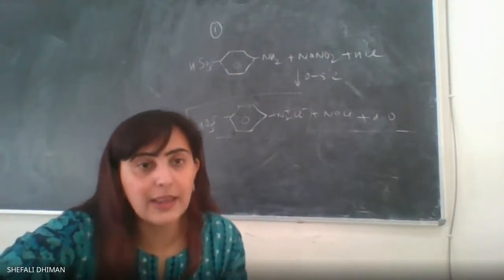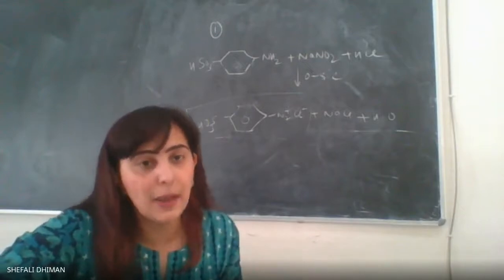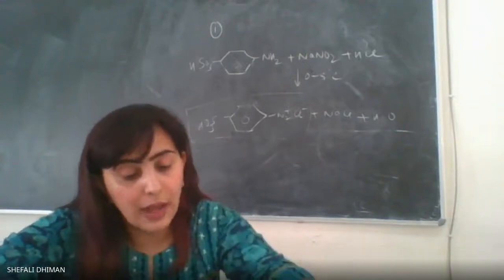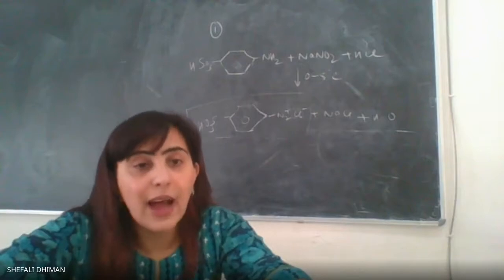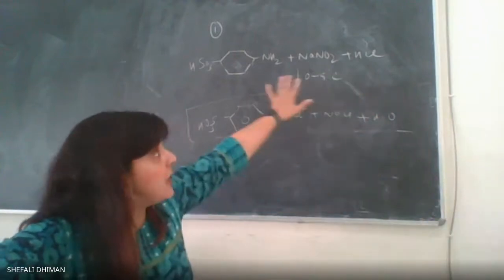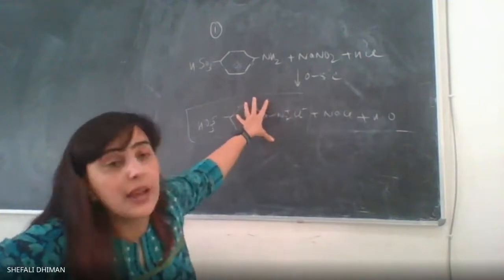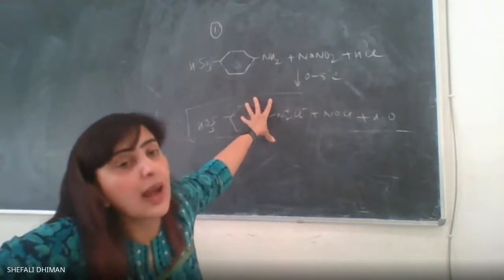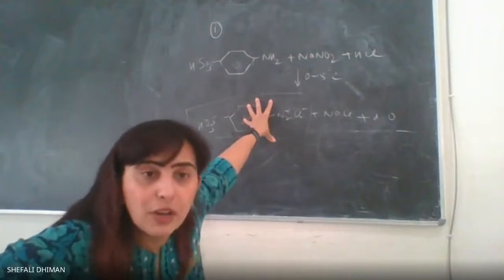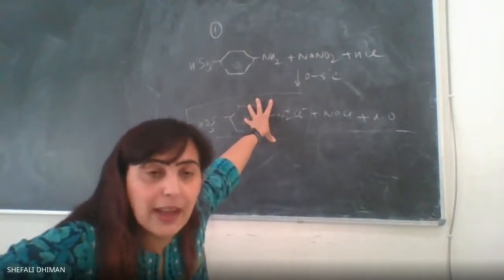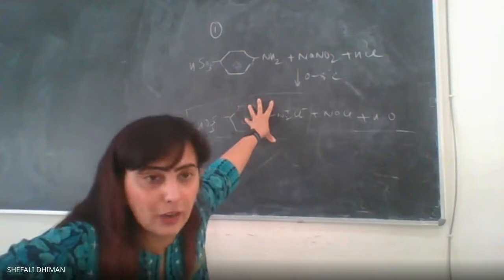Gradually, you will start adding it slowly, step by step or drop by drop. Now, you will take dimethyl aniline. What have we done? We have done step number 1. We have prepared diazonium in step number 1. Now comes the second step, which is the preparation of the dimethyl aniline or the coupling reaction.